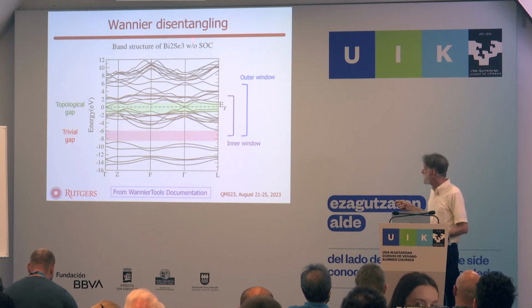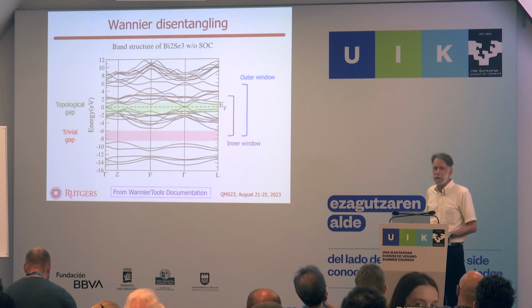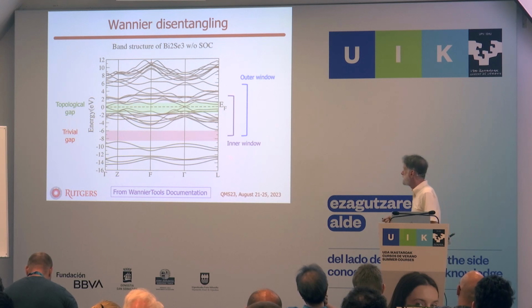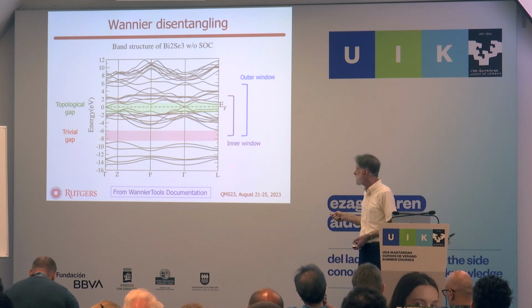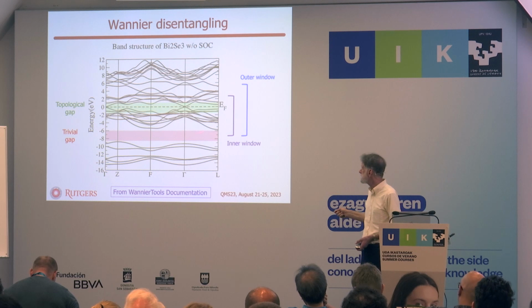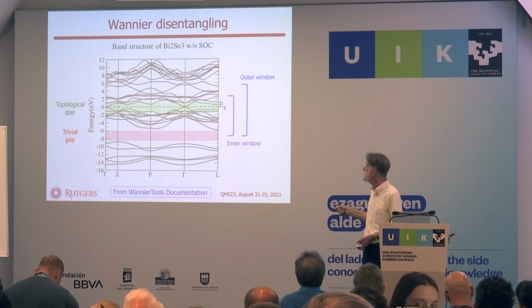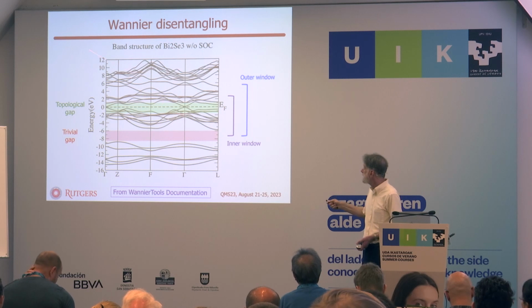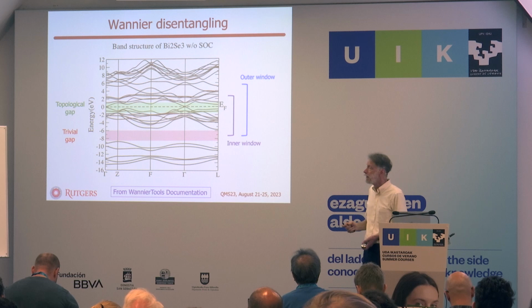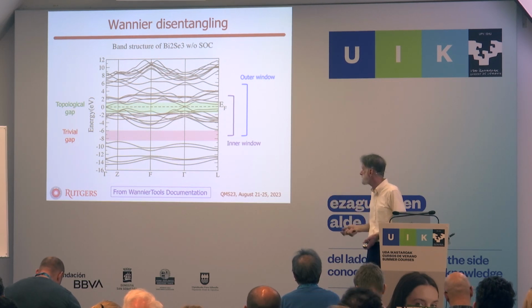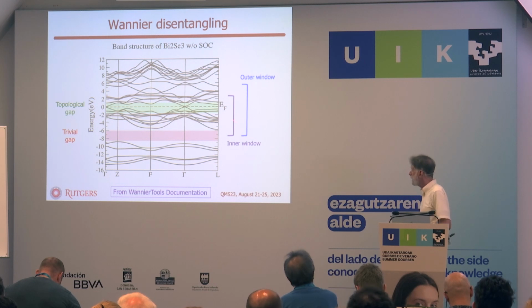So this is a band structure of bismuth selenide, which is one of the well-known topological insulators. There's some deeper core states here that we're not so interested in. There's a trivial gap here between them. And these are essentially the p orbitals on the selenium and the bismuth, which are the relevant ones. And then up here are some higher orbitals, like some higher sp orbitals and of higher index and so on. And so what you would really like to